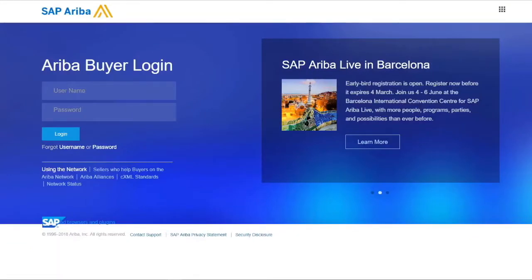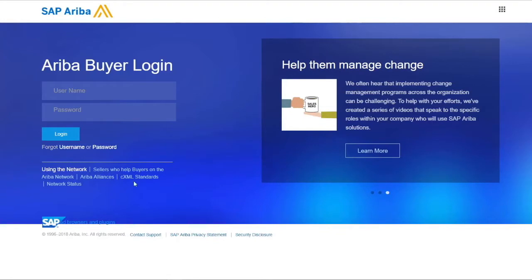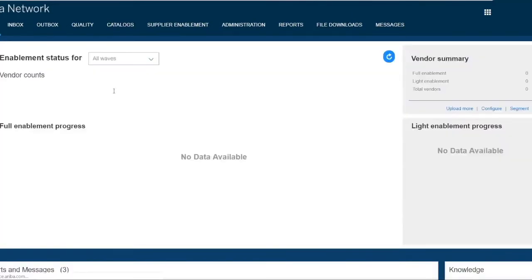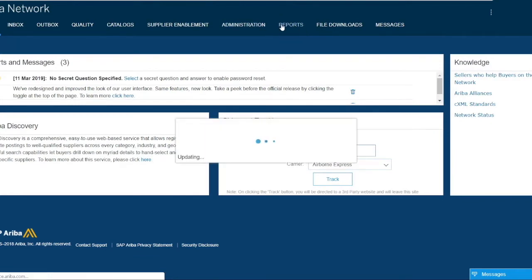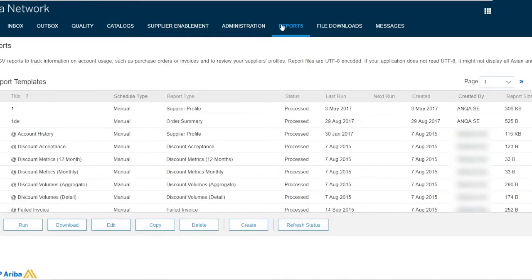So to run the report, I'm going to log into the Ariba Network buyer account. I'm just going to put in my username and my password and click login. Okay, and then we're at the home page. Going to click on the reports tab, and what we're going to do now is create a report. So click the create button,